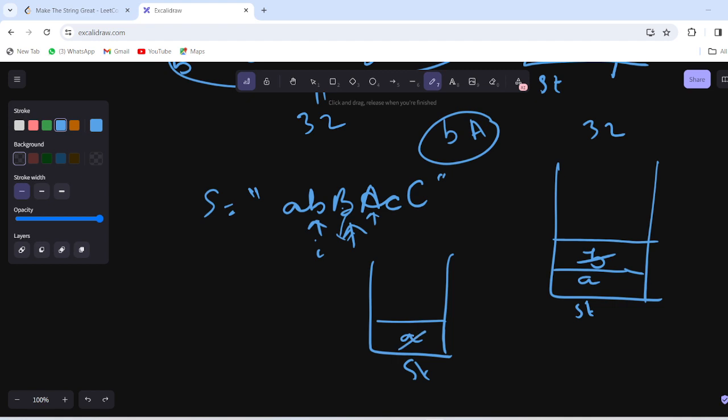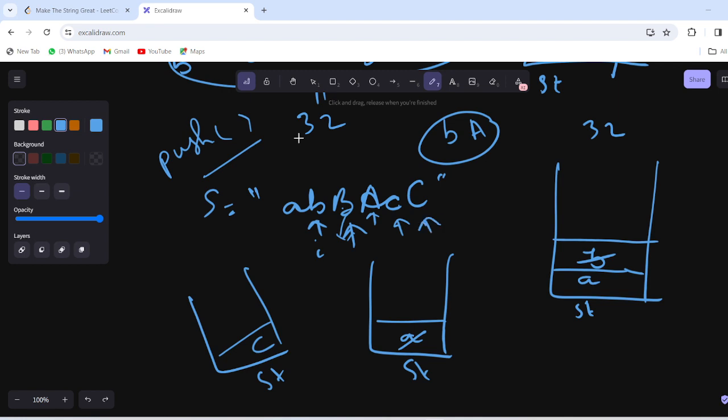So again remove that element, and every time we have to check whether the stack is empty or not. If the stack is empty, then we have to push that element on the top of the stack. We are not going to pop further, otherwise we will get a runtime error. So now the stack is empty and we move forward. The stack is empty, so put small c on the stack. Move forward, we got capital C, the difference will be 32, and when the difference is 32, remove that element from the stack.